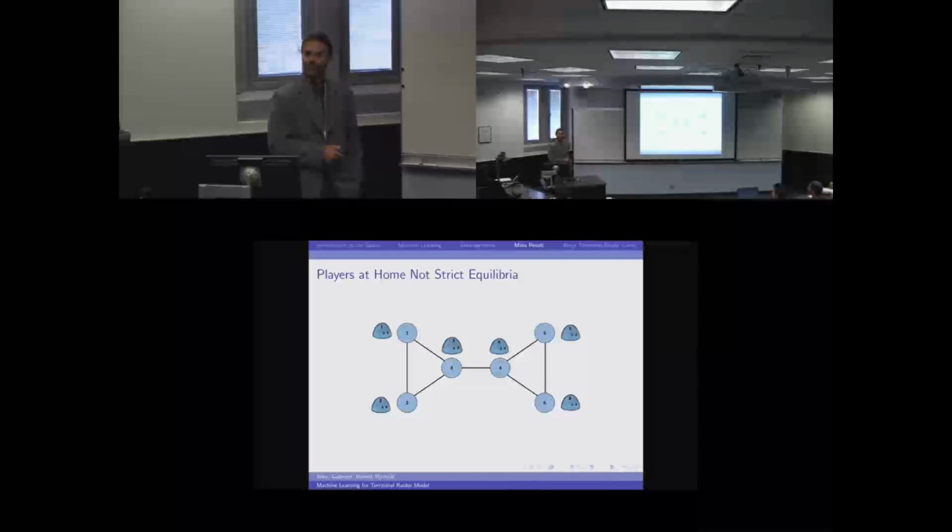There is still one tiny feature: it can happen if nobody moves. This would be like cooperation, or a passive strategy. So I'm just happy where I am, I'm not moving anywhere. So this is a situation where everybody is alone on its own vertex. But this is not a strict equilibrium by itself, because number 1 would do much better if it decides to go and raid number 2 or 3. Because nobody would go to number 1, the resources of number 1 would stay intact, and 1 would steal a little bit from 2 or 3. So 1 would strictly improve its strategy, or its payoff.